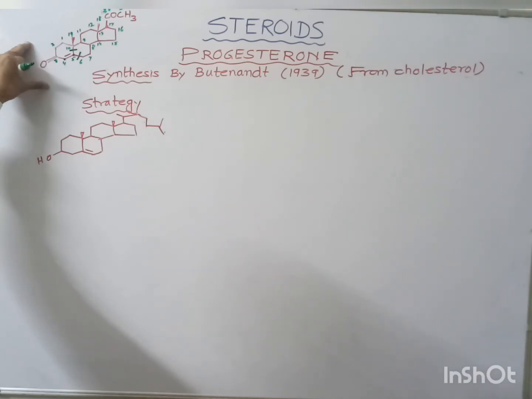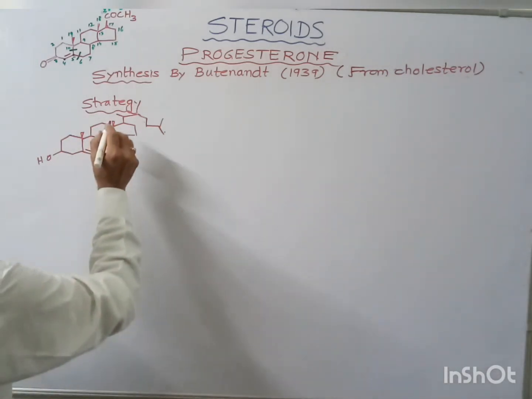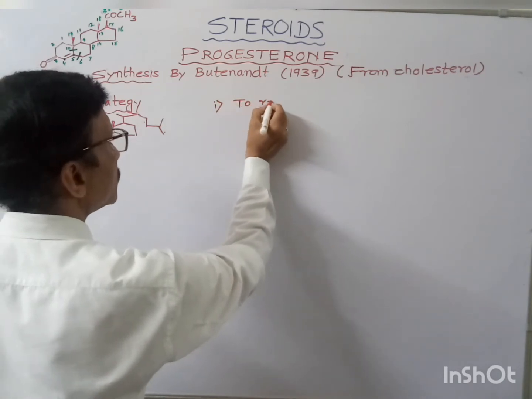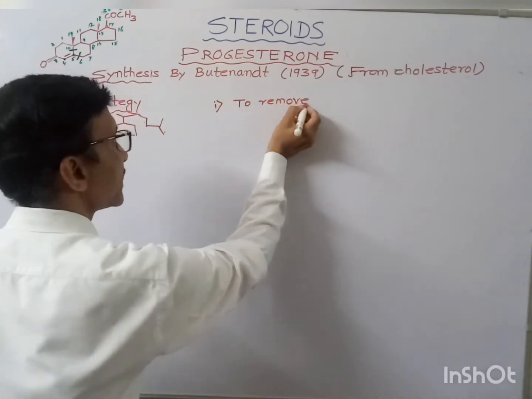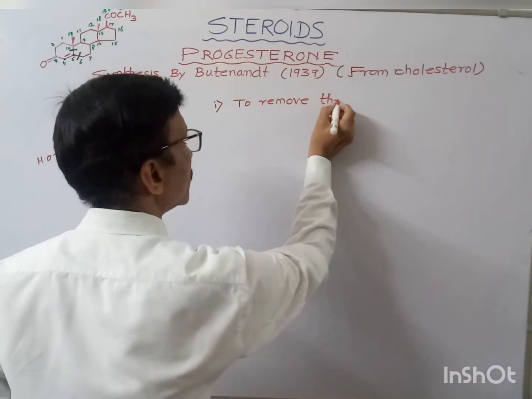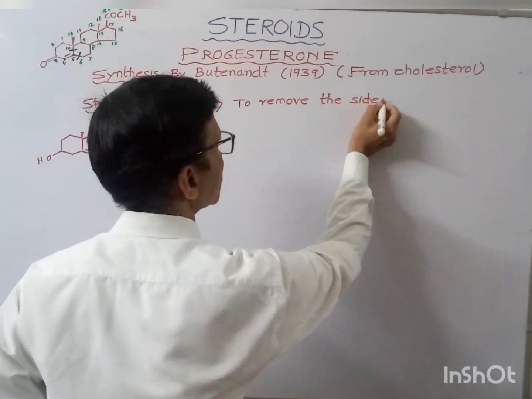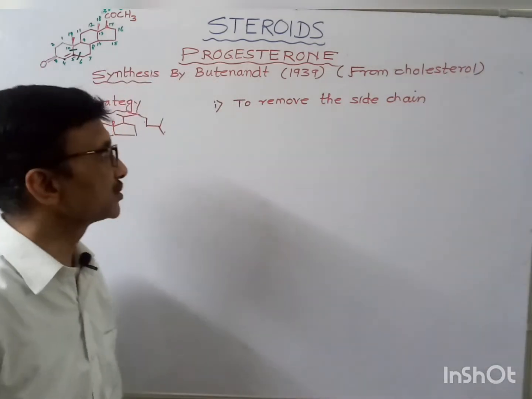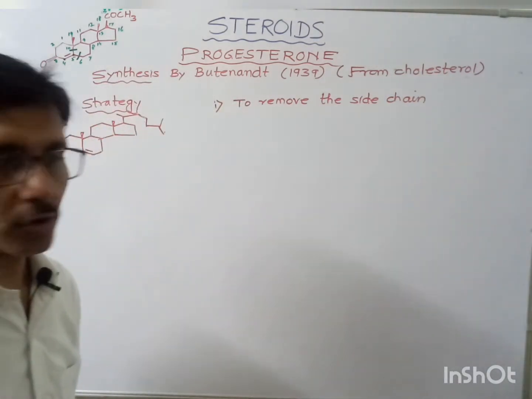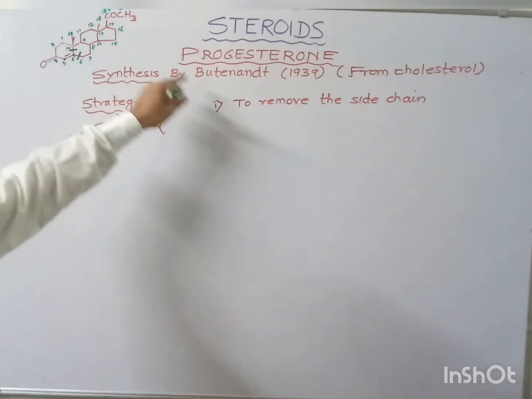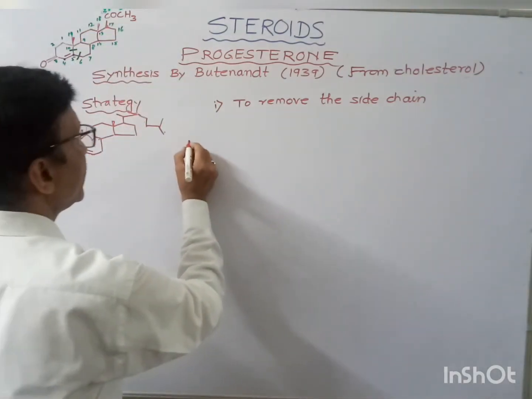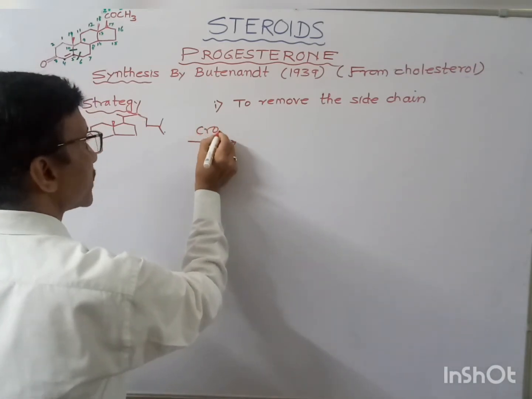So how can we synthesize it? One of the things that we should do, the first strategy, is to remove the side chain. So how can we remove the side chain? We have also discussed it in the synthesis of testosterone. The side chain can be removed by oxidation. So if we treat it with chromium oxide,